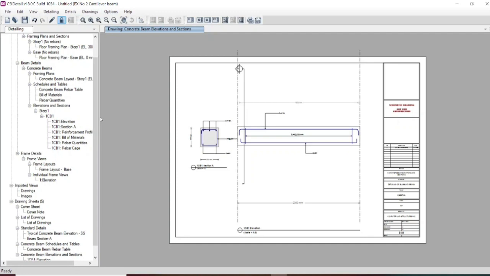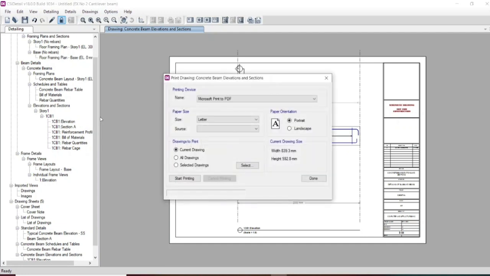Let us print this drawing. This will be for A4 landscape. All drawings, and start printing.